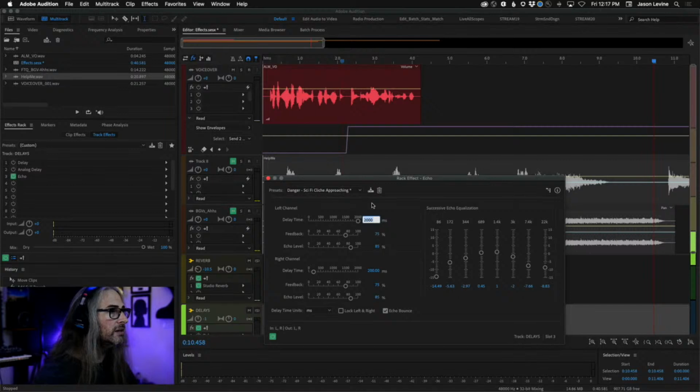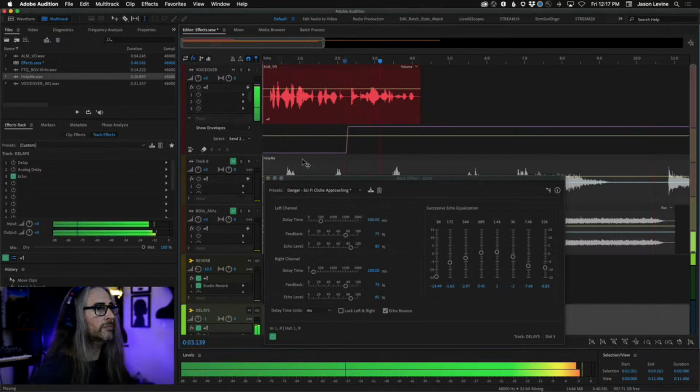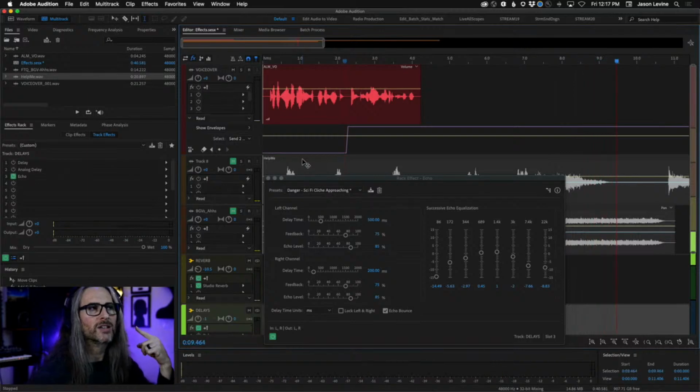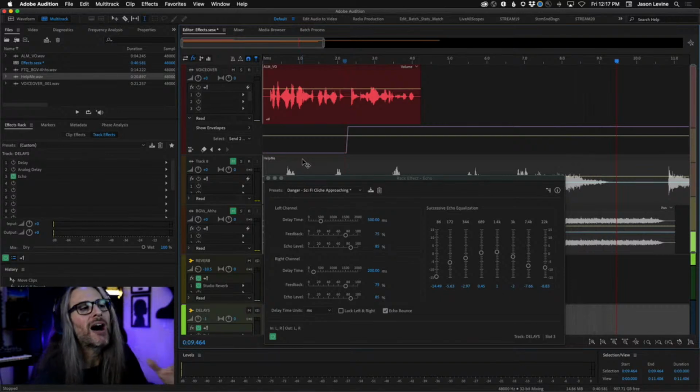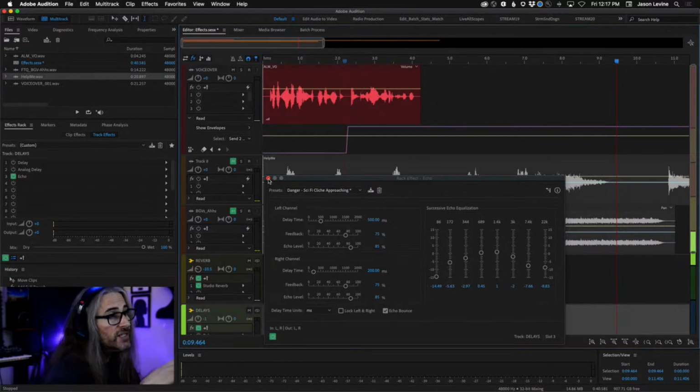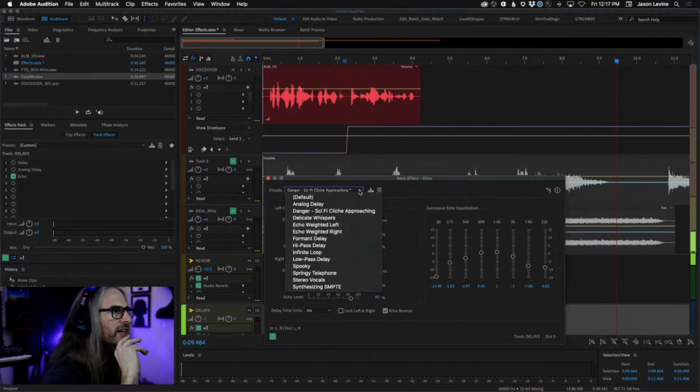Let's make this, say, 500. So do you hear the echoes now, they're mid-rangey. There's no bass, there's no high end, and they're getting progressively more mid-rangey and dirty. Successive echo equalization, all right? I don't use this one too often, but for sound design, it can create some